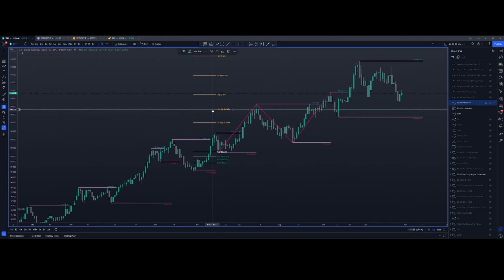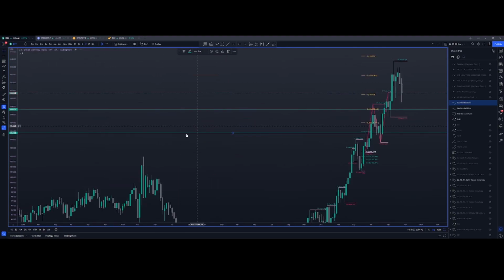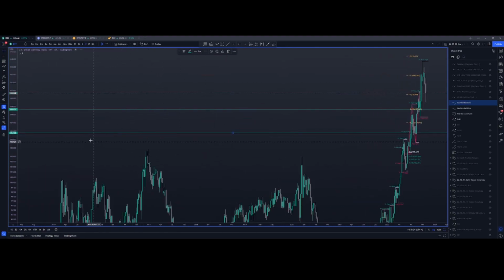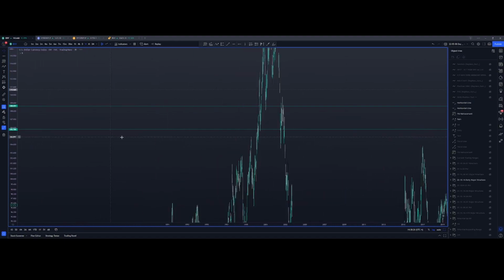a horizontal line on there, and then the next thing I would want to do is have a look at this previous high, so this one, and jump up to the time frames above, so weekly and monthly, and see if there's anything of interest there that might be an area where the daily impulsing would meet some pushback. So if we jump to the weekly and scroll to the left and see what we can see